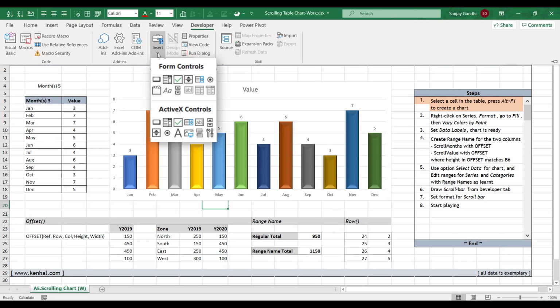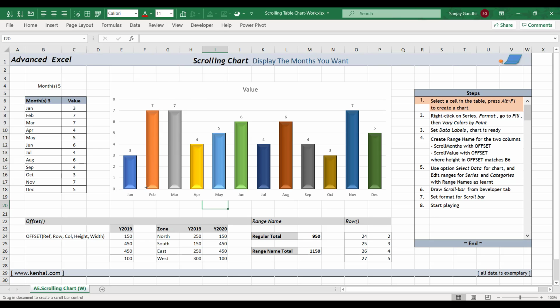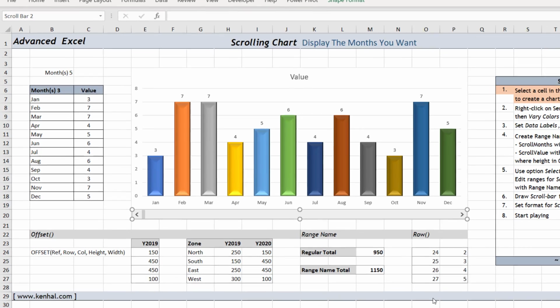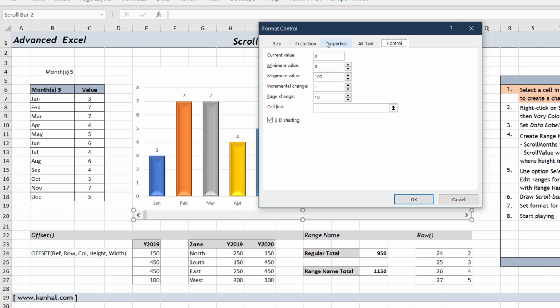insert drop down, pick up the scroll bar from here and draw it here. Align that to the best of your dimensions. Hold the control key, right click, format control, and then we can decide which cell will be connected to the current